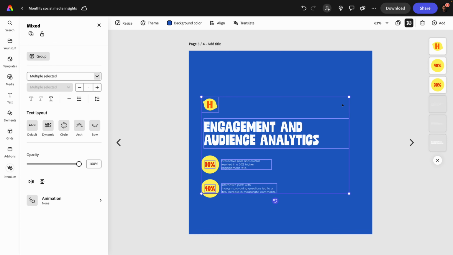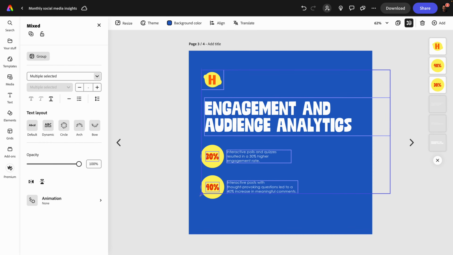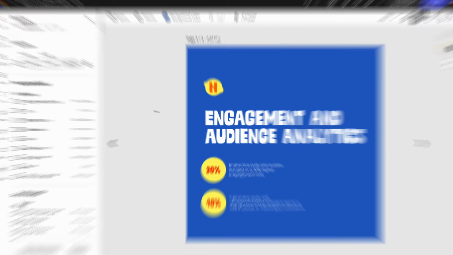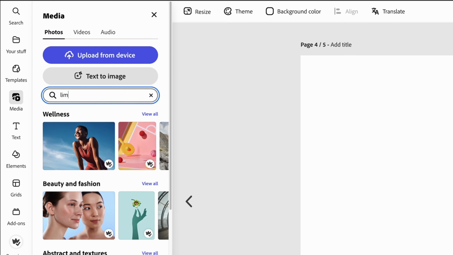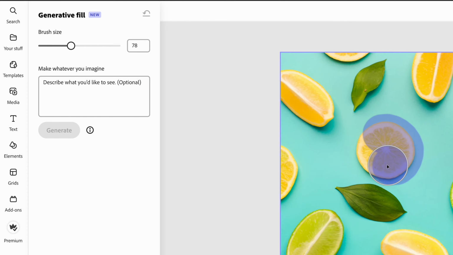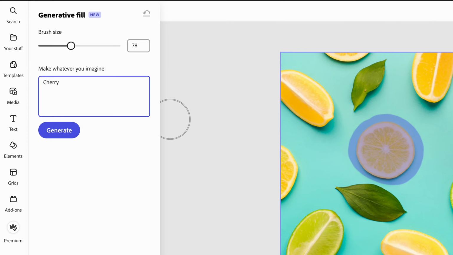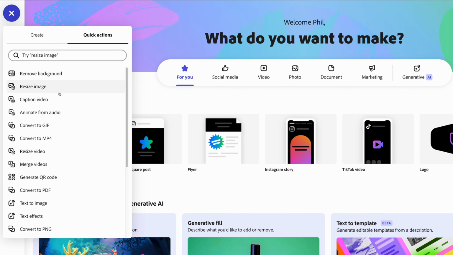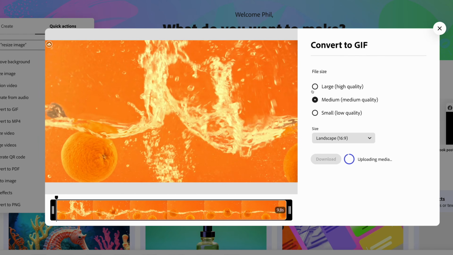In many cases, there's no need to add more responsibilities and precious time to an already tight schedule for your creative team. With Generative Fill, the same technology already in Adobe Photoshop, you can add, remove, or replace objects, people, and more in any image with just a description. Quick actions are just that. Generate QR codes, create animated GIFs from a video,